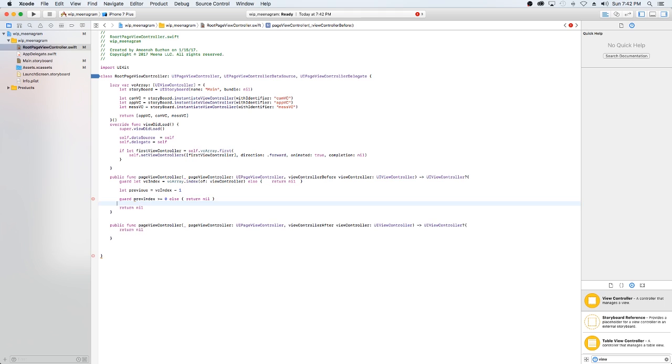Just get rid of that. Else, we're going to return the previous. So if we're good, if we're in bounds and all that other great stuff, then we're just going to return. Make sure that